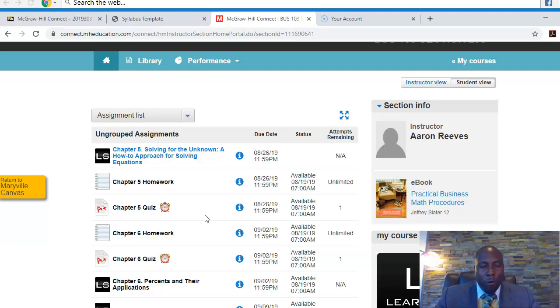So you work on the Learn Smart assignments and the homework assignments first to get a better understanding of those concepts. And once you feel confident in those concepts, then you'll come and take the actual quiz assigned to that chapter. So again, each chapter there's homework, a Learn Smart assignment, and a quiz you must complete for each chapter, and